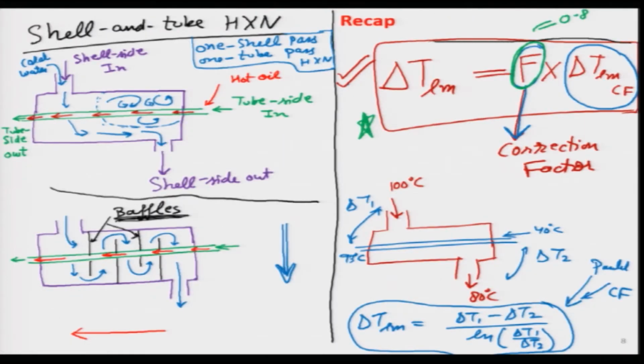We assume all these heat exchangers to be counter flow heat exchangers just for the sake of calculation of the LMTD value. So, we assume it is a counter flow for a little while, and we calculate the LMTD value, and then we multiply it with the correction factor, which is obtained either through tables or through some figures. Once we do this exercise, we get the actual value of the LMTD.